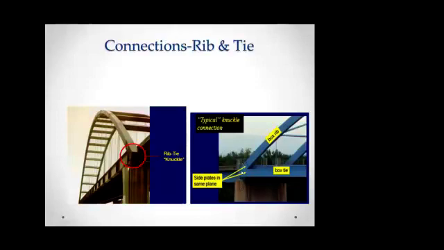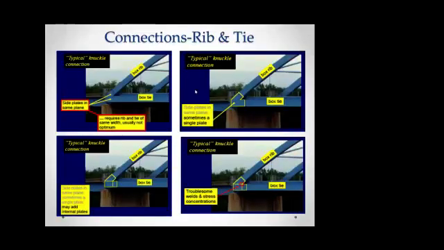Here, when you have the joint where the box rib and the tie girder meet, these two being inclined, the side plates should be in the same plane for these connections. But a side plate in the same plane requires the rib and the tie to be the same, which is usually not optimum. So we cannot use the same plane angle plate there. The side plate in the same plane is sometimes a single plate. As I showed in the figure, a plate of that shape should be recommended for the connection of the box rib and the box tie.